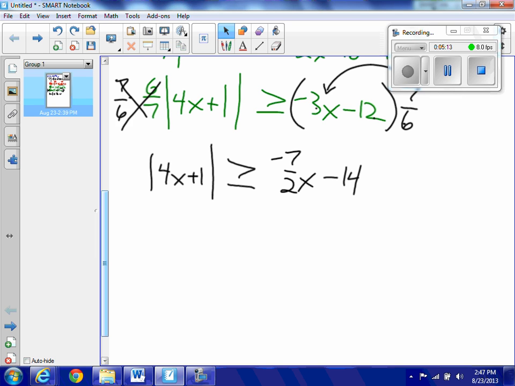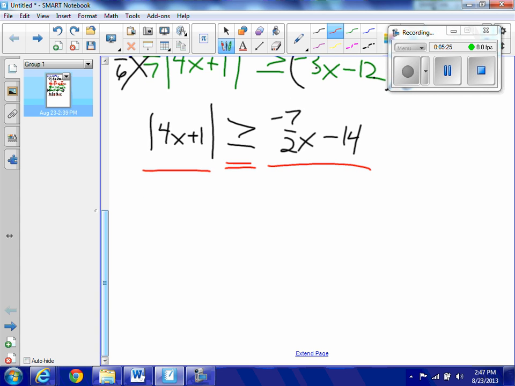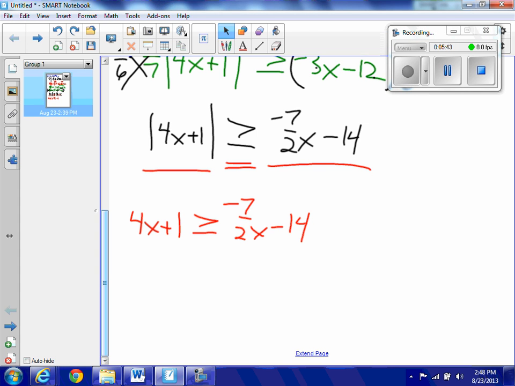So now I have my absolute value isolated on the left side. I know it's a greater than inequality, and this is what it's supposed to be greater than. So I can set it up into two separate inequalities. I can set it up as 4x plus 1, notice it's no longer in the absolute value sign, is greater than or equal to negative 7/2 x minus 14. That's one of them. And the other one